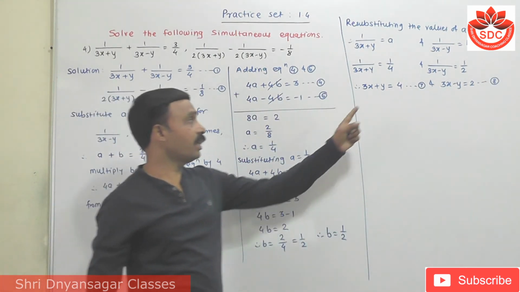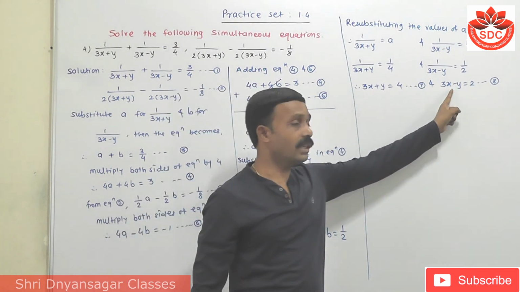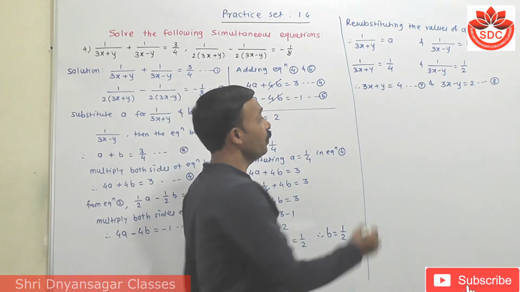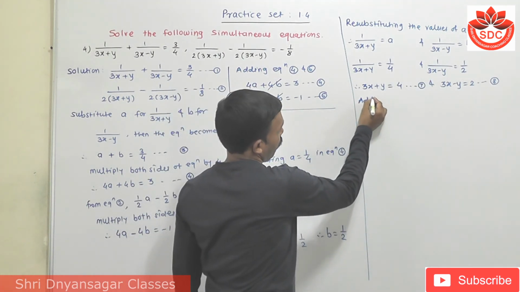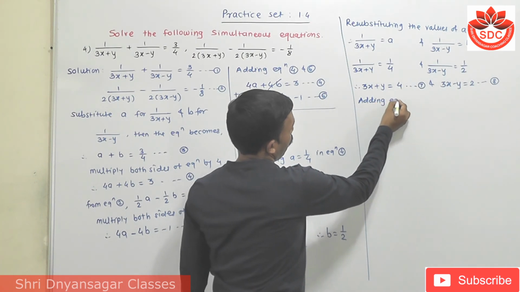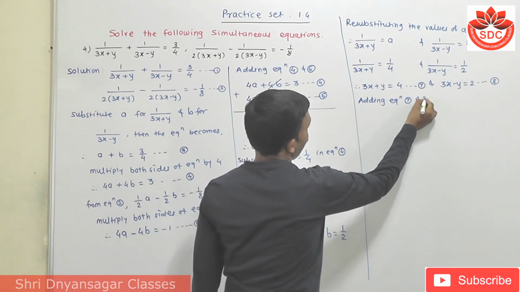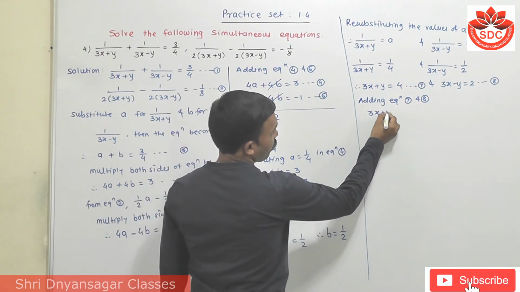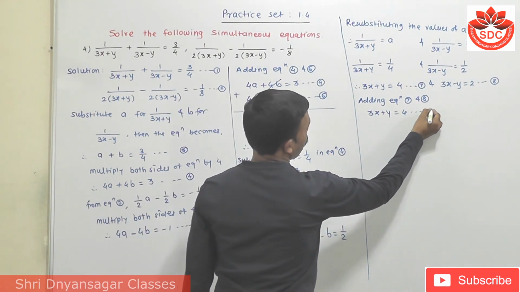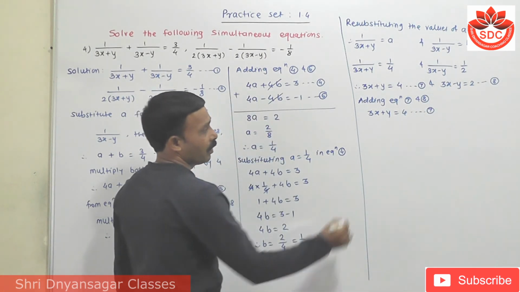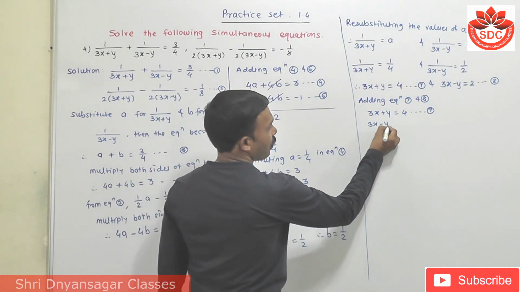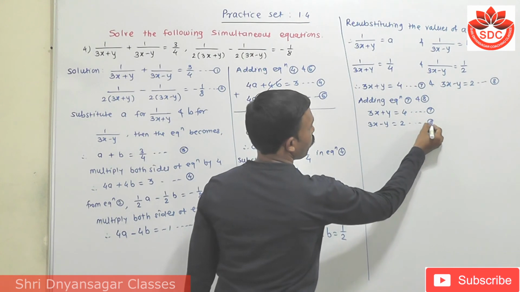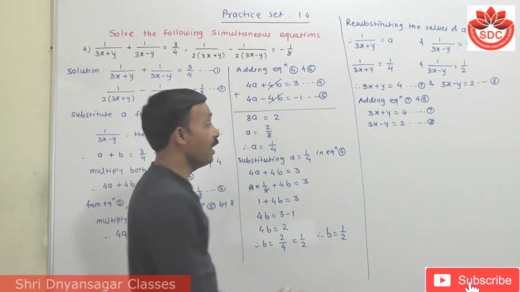Now when we observe, here is plus y and here is minus y. So adding these two, adding equations 7 and 8. The equation becomes 3x plus y is equal to 4, equation number 7. Then 3x minus y is equal to 2, equation number 8. When we are adding it,